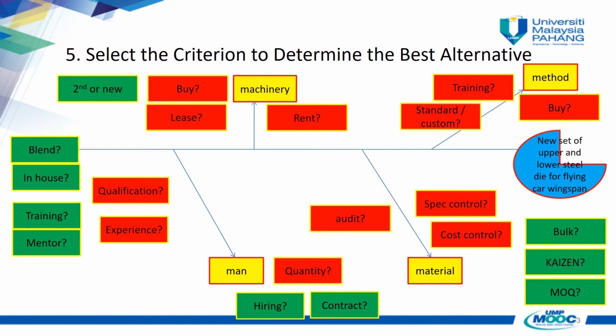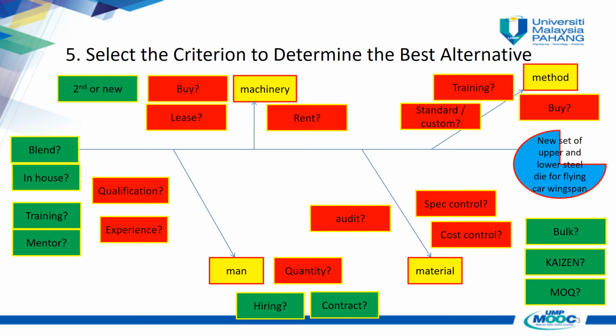Let's see the third criterion there, the material side. How do you want to control the specification? How do I want to control the fluctuation of the cost control? How do I want to audit the whole material there? Either it is variable material or else. How do I want to implement the bulking of the material? Either you want to use the 2KM, you want to use the Kaizen, or you want to use the OMOQ